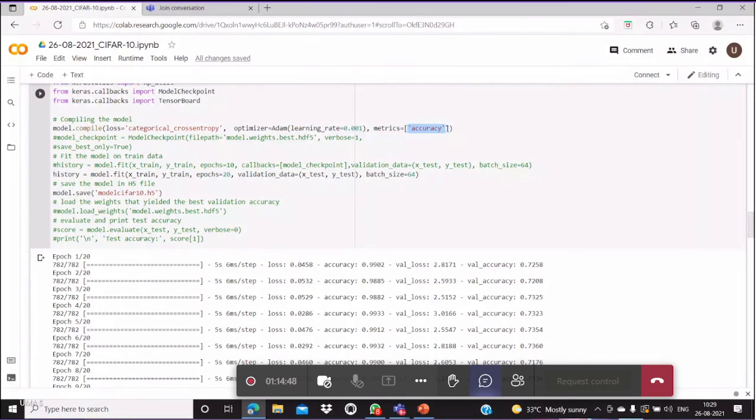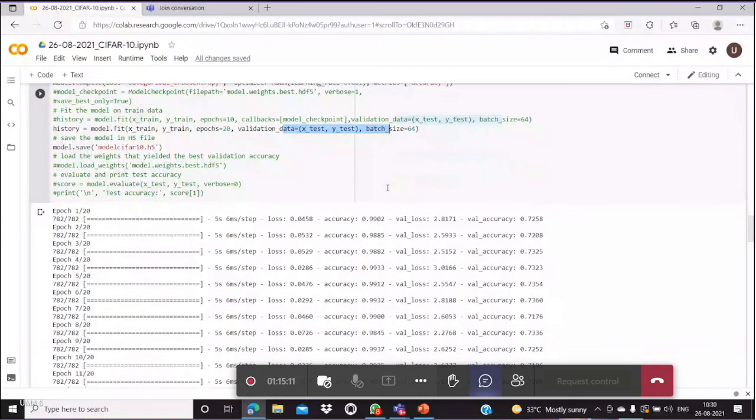So the accuracy metric is going to be processed here, and finally this model is going to be fitted with the help of my X train data and Y train data of the CIFAR data. I'm going to fit my model. So I compiled it, and my model is there, and the input is going to be passed here, and 20 epochs, 20 steps are going to be executed, and validation data is also considered. Batch size will be 64.